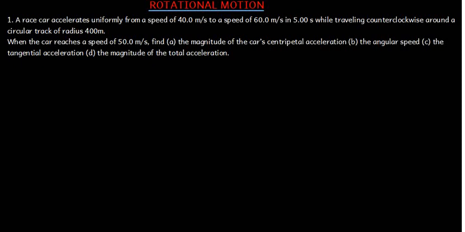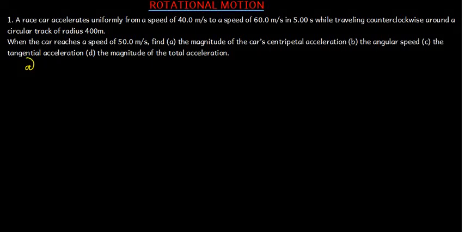We go over rotational motion practice questions. The first question given here: A race car accelerates uniformly from a speed of 40 meters per second to a speed of 60 meters per second in 5 seconds while traveling counterclockwise around a circular track of radius 400 meters. First question: when the car reaches a speed of 50 meters per second, what would be the magnitude